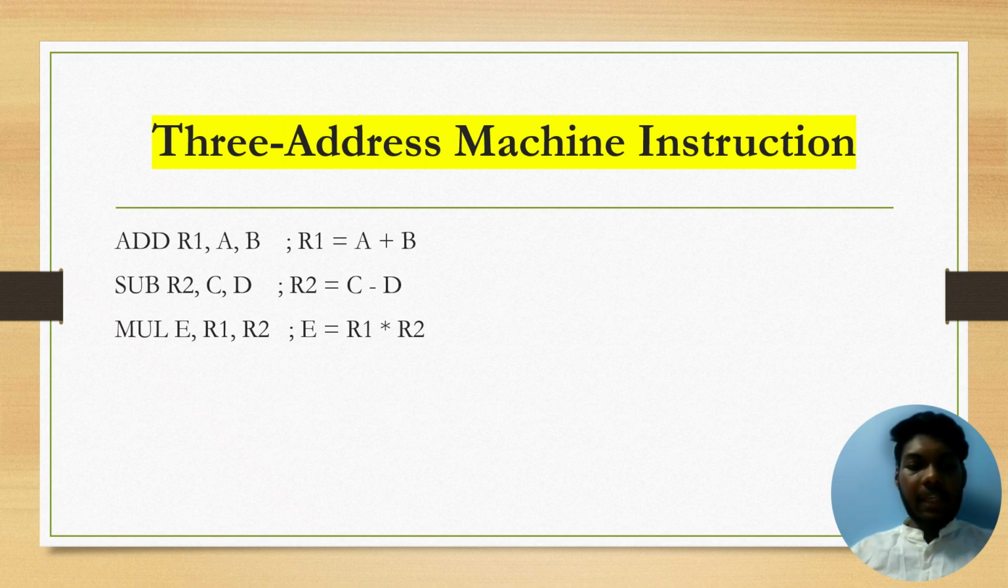Finally is multiply E R1 R2. We multiply the values in R1 and R2, which represents A plus B and C minus D respectively, and store the final result in E. This sequence of instructions is highly efficient. It eliminates the need for temporary memory storage and leverages registers to handle intermediate results, resulting in faster and more straightforward computation. In just 3 concise steps, we've executed a multi-part mathematical expression showcasing the power and efficiency of modern instruction sets in